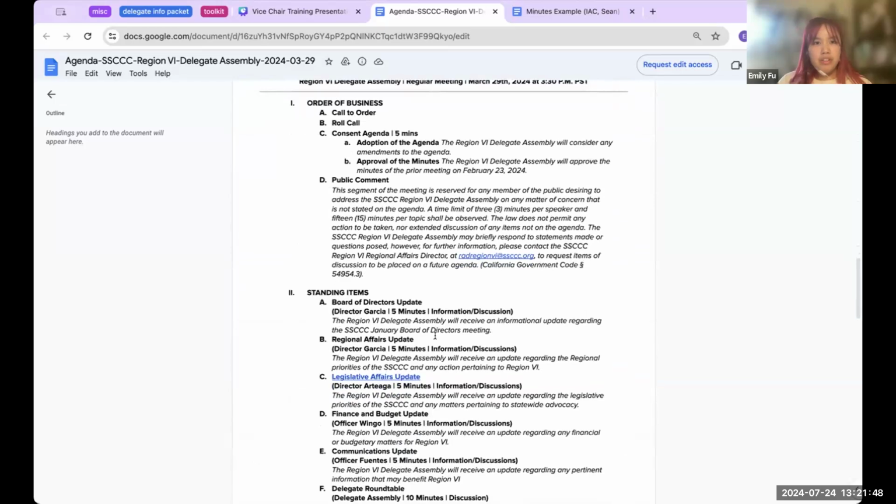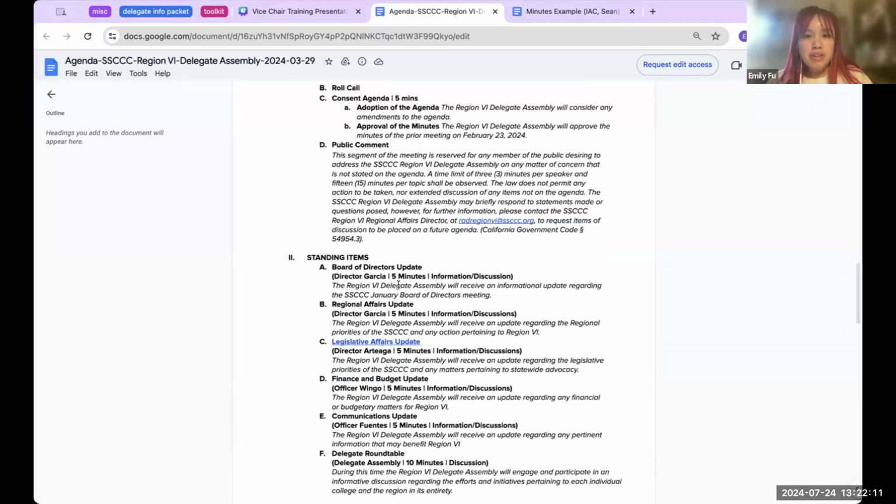And this is where we go to the order of business. Usually you start off with roll call. You call the meeting to order, then you do the roll call, and then you go through the consent agenda to adopt the agenda and approve the minutes from the last meeting. But obviously, if it's your first meeting, there's no need to approve minutes. And then we go into public comment,